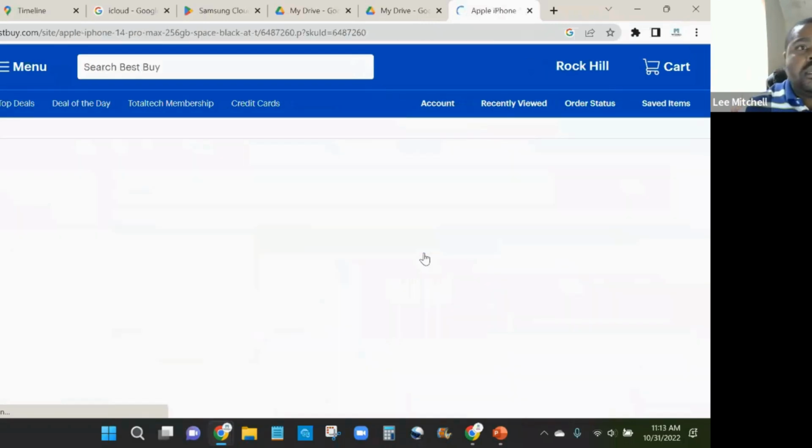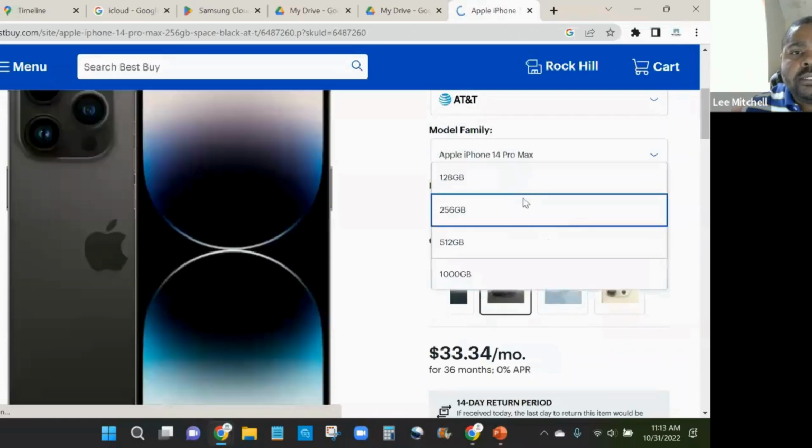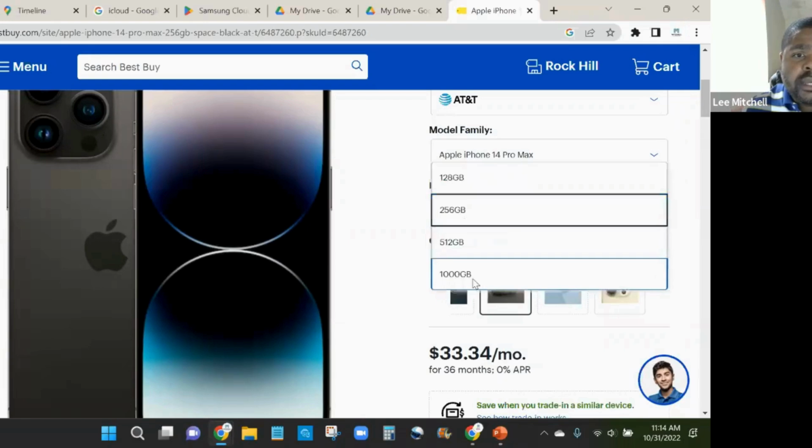So it's things to wear out or way out, right? I really wanted to go back up in here and really just show you. So when I said that 256 was kind of like the medium of it, your internal memory could go all the way up to a terabyte, 1,000 gigabytes, and that's overdoing it in my opinion. I don't think you're ever going to use up a terabyte worth of storage or have that many photos on your phone